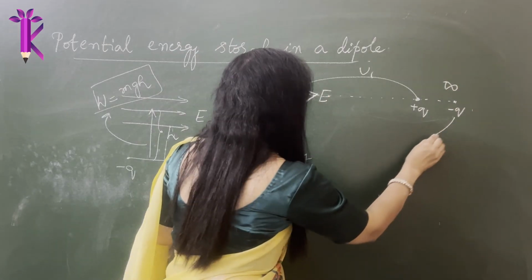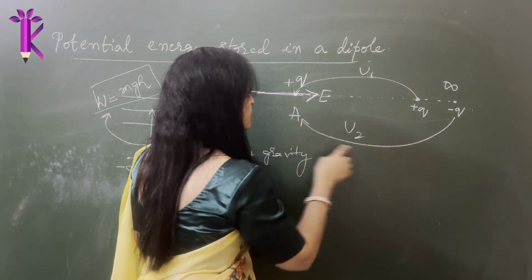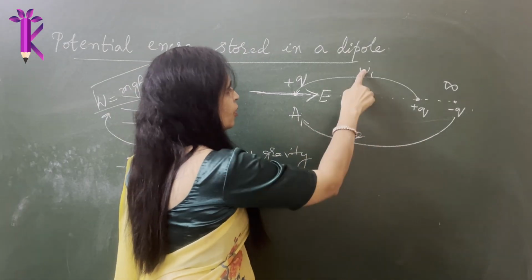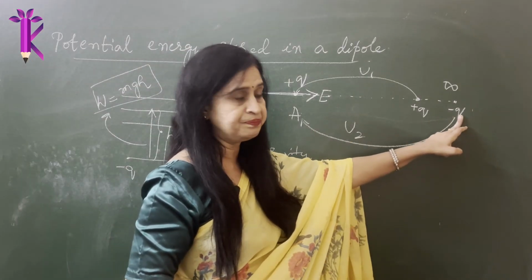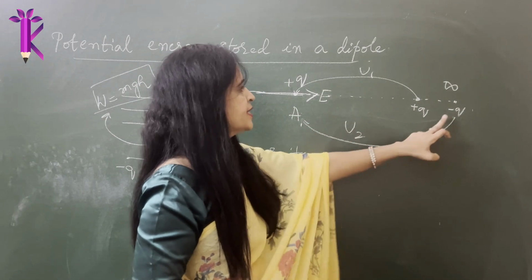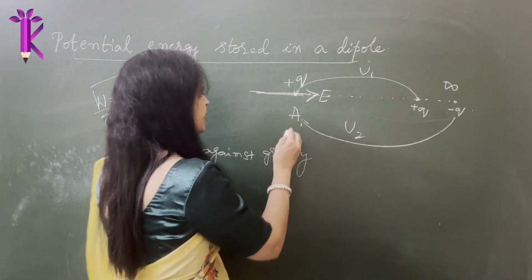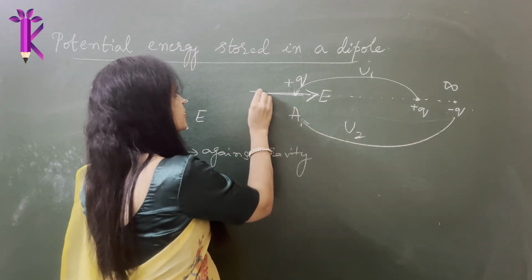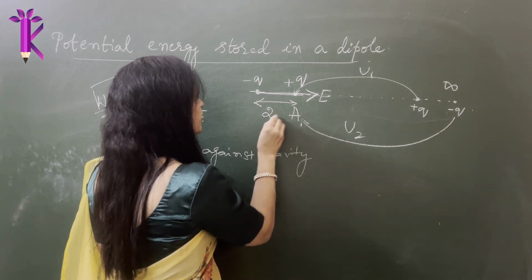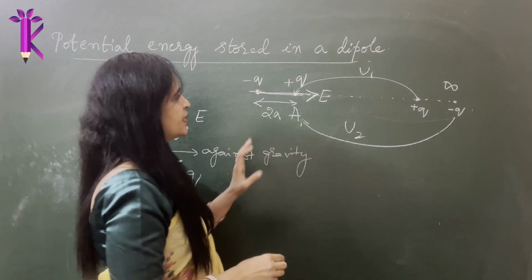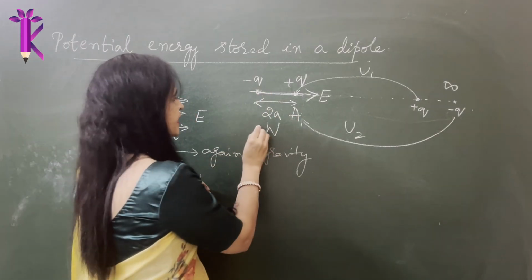So first I will bring it again here. The same amount of work is done, because that also gets attracted. In fact you will do less work, because it will experience an attractive force here. So therefore you keep it here. Now I have to bring the charge here and separate it by a distance 2a, the distance of separation. So you have to do some extra work here, that is dW.